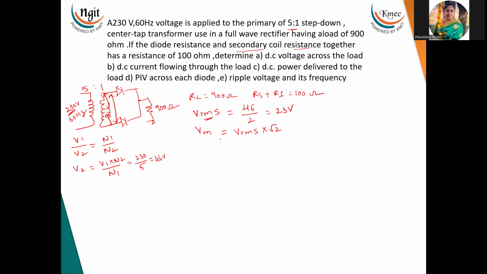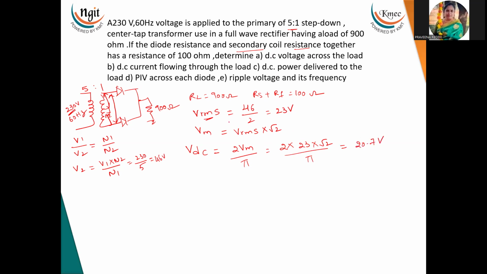That this is the V peak. Now from this what we need to calculate, first one, DC voltage. Now what is the formula for the DC voltage in the full wave rectifier? So VDC is equal to 2Vm by pi. So 2 into what is Vm? Vm is nothing but VRMS into root 2. So 23 into root 2 divided by pi. If you solve this, then you will get the VDC is equal to